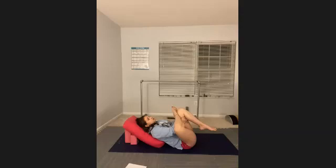Three more full breaths here. This one's also amazing for the low back as well. Finding that release through the low sacrum. On your next round of exhalation, releasing that right foot or the left foot back down to the earth,